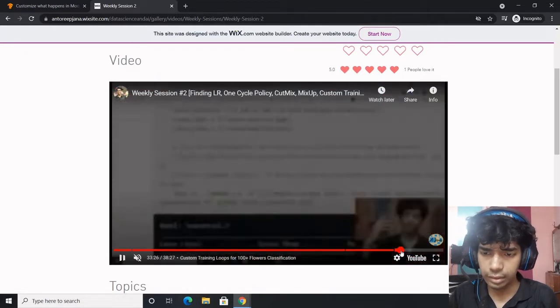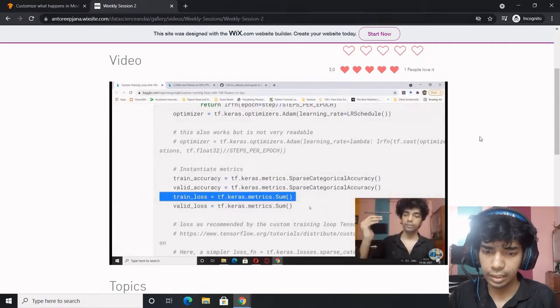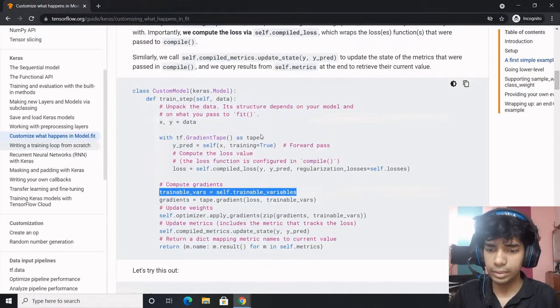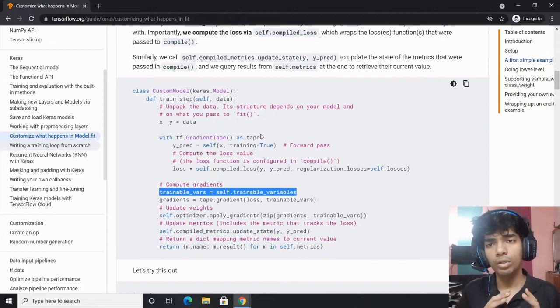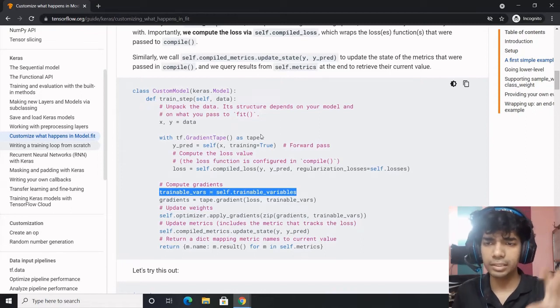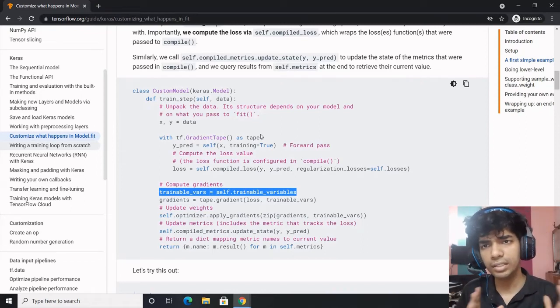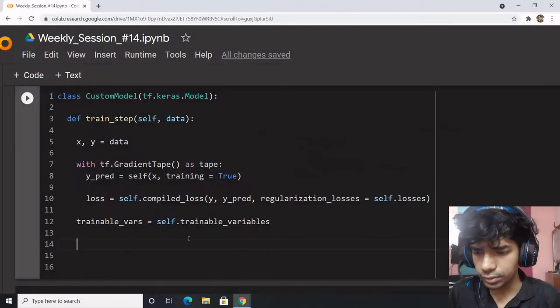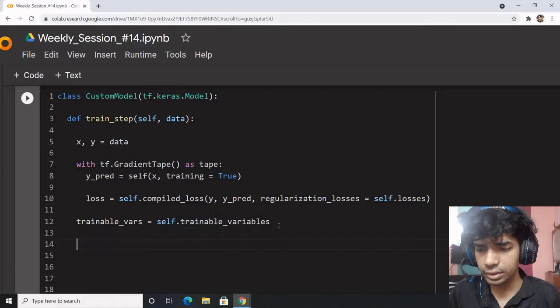And this is a notebook we tried to discuss, but this is entirely different. So what we are about to discuss is entirely different. Within a custom model, or within a normal model also, we are trying to customize just a fit function. Even if you don't define a custom model, you can just try to customize the fit method. So that's what we are trying to do, get the trainable variables.